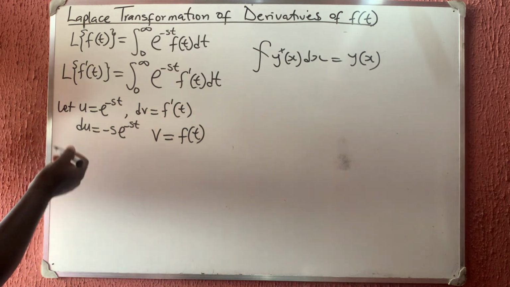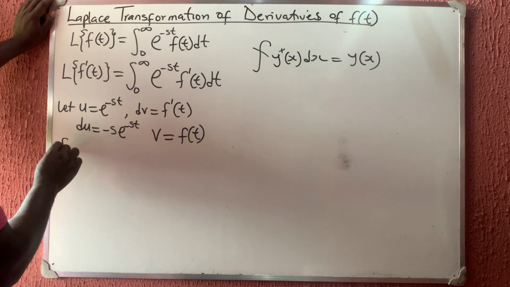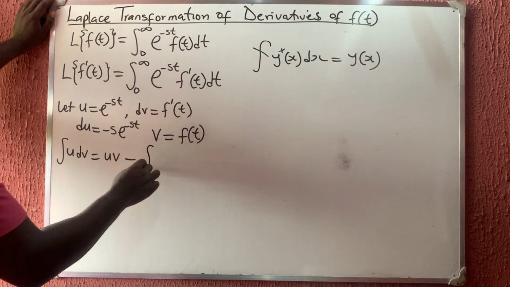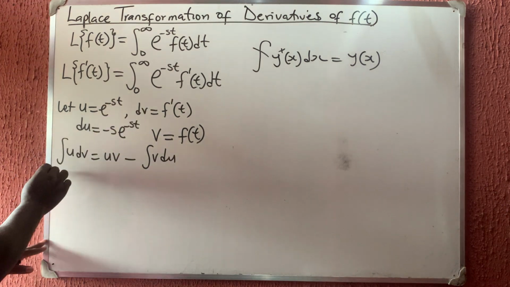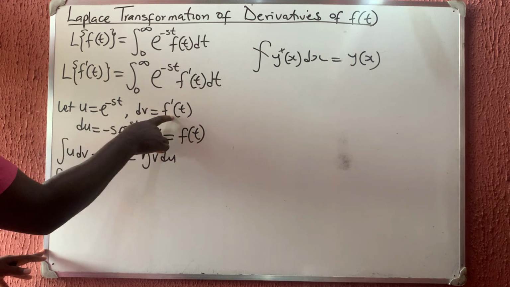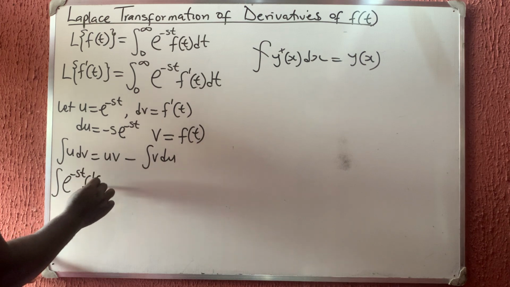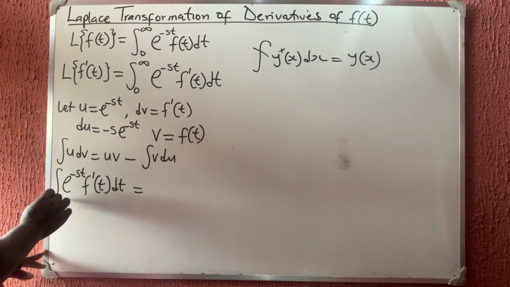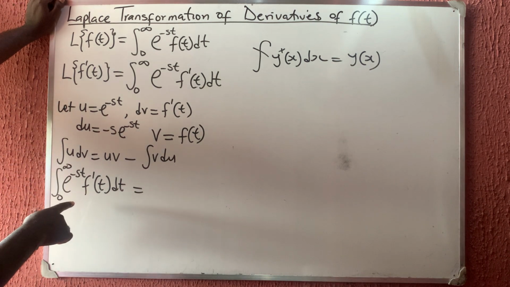Now you know the formula for integration by parts says that the integral of u dv is equal to uv minus the integral of v du. So let us now substitute everything. The integral of u dv, that is e raised to power minus st f prime of t dt, is equal, and don't forget that our integration is from 0 to infinity, is equal to uv,